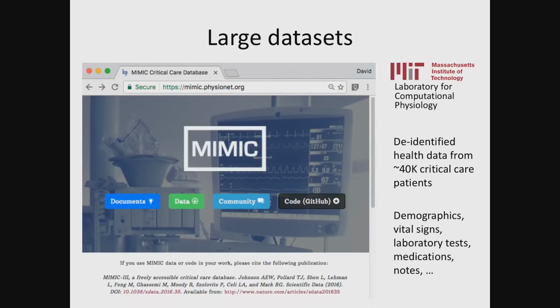MIMIC contains data from over 40,000 patients in intensive care units, and it's very rich data. It contains basically everything that's being collected in the intensive care unit. Everything from notes that are written by both nurses and by attendings, to vital signs that are being collected by monitors that are attached to patients, collecting their blood pressure, oxygen saturation, heart rate, and so on,